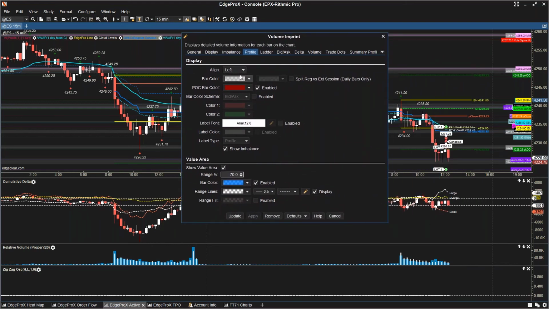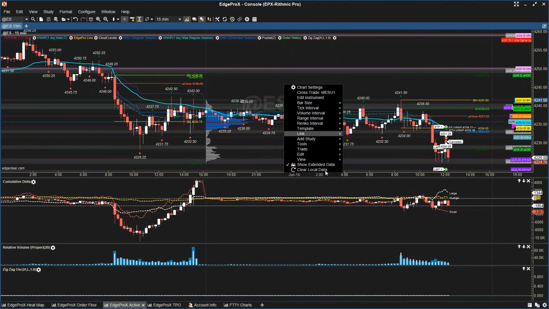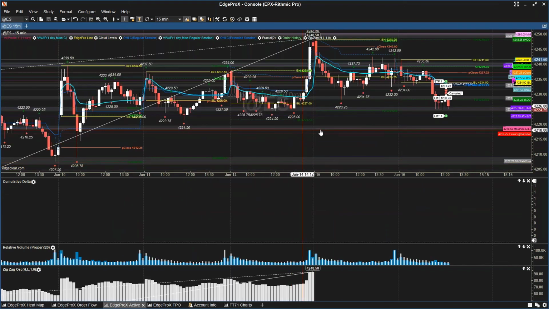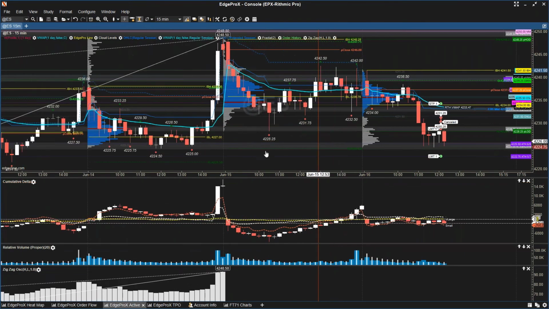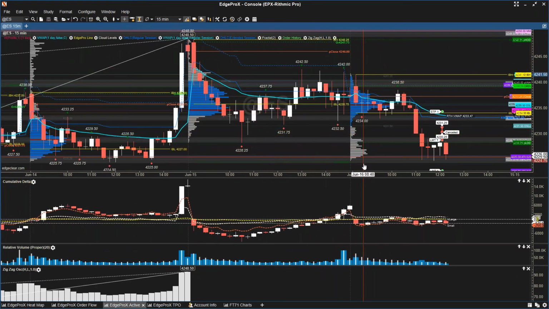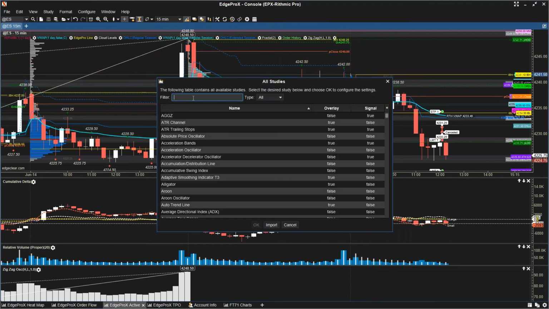And again, with these settings, you get your value area and so on. If you want it to be RTH only, just show extended data. You can remove that. It'll recalculate and it'll show you what the profile is for the RTH session. So currently, this is RTH session only. The volume profile indicator,